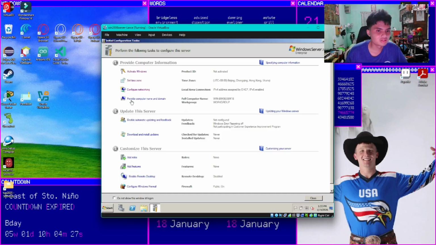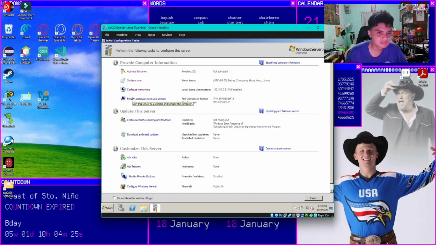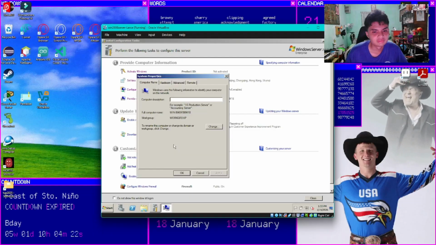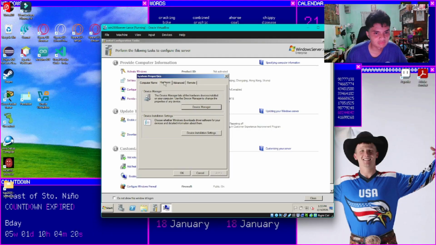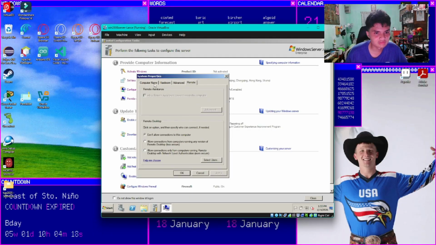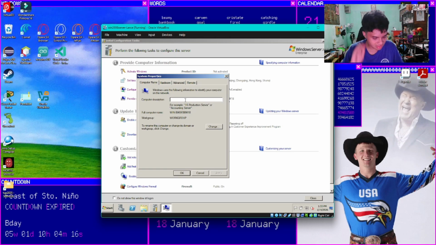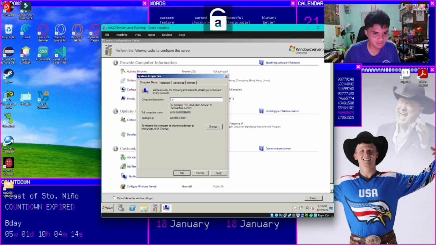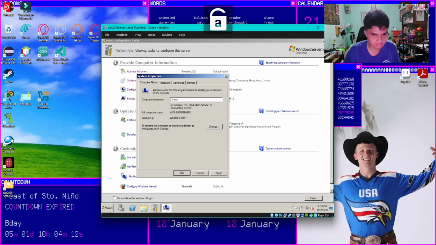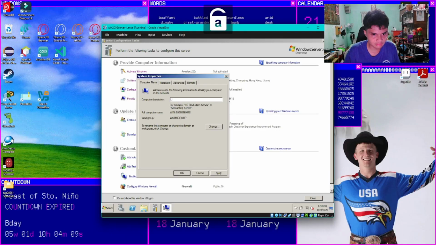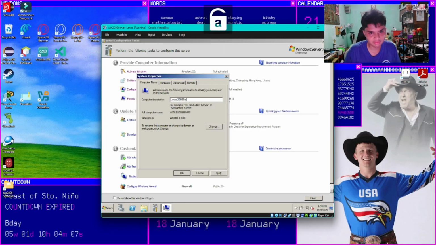Next, we need to change the computer name and domain. Just press this. Here we have computer description, hardware, advanced, and remote. We just need to change the name. Let's say I want to name the description Lance's 2008 server.